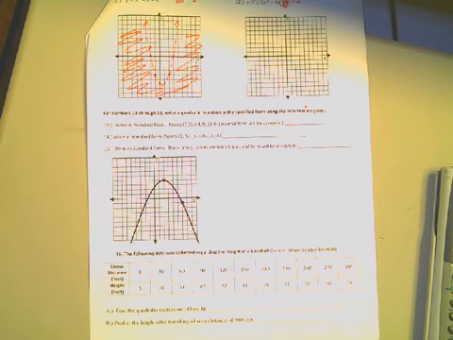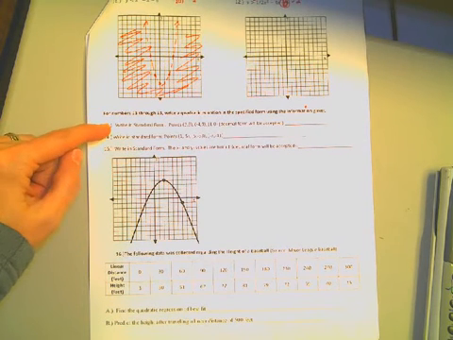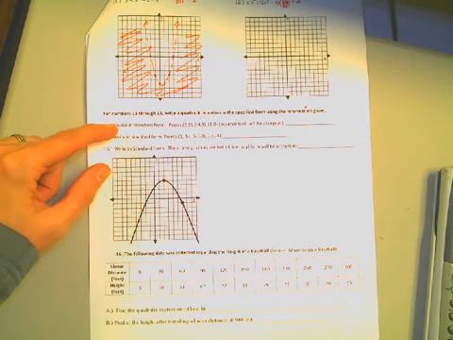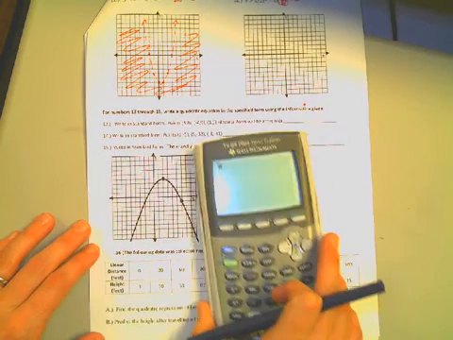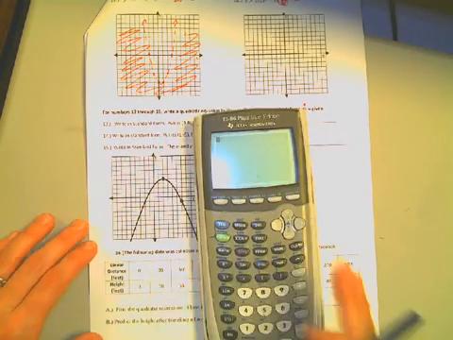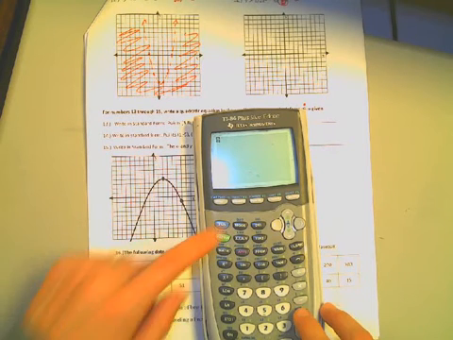We want to use our calculator to work with quadratic regressions. They're telling me that I'm going to create a quadratic regression. In order to use the calculator effectively, it's really nice if you'll just clear the memory to begin with. You can always go through that process. So if you'll clear the memory,